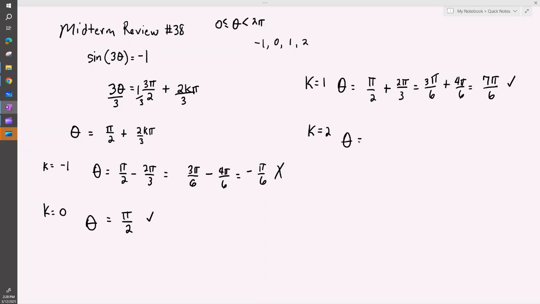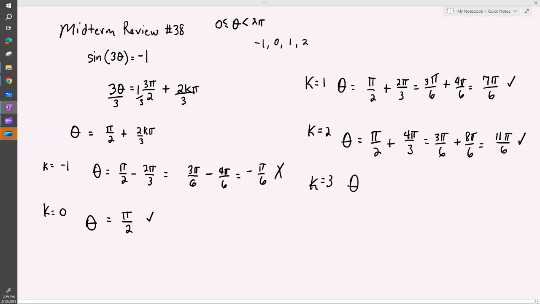So when k is 2, we're going to get the pi over 2 plus, k is 2, I've got 2 times 2 pi over 3, so that's 4 pi over 3. And with common denominator, that is 3 pi over 6, and then multiply this by 2 over 2, we get 8 pi over 6. And that's 8 and 3, so 11 pi over 6. And we would need 12 pi over 6 to reach 2 pi or greater. So this is still within the realm. So we found 3 answers, but